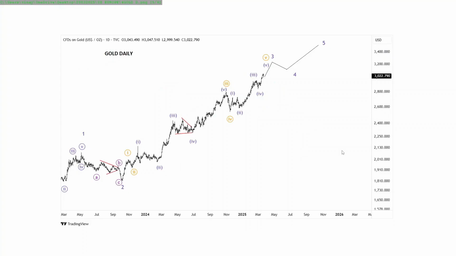The next, on to gold daily charts. Gold is in strong uptrend now in a fifth minute wave of minor wave 3, and it has so far played out sub waves of this minor wave 3. It looks like that now it is in the last wave of this minute wave 5, which is also an extension. Thereafter, there will be a consolidation in minor wave 4, and then the final 5 will unfold. So that was about gold.